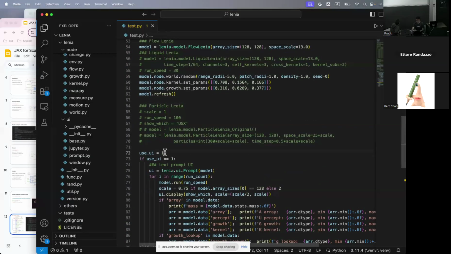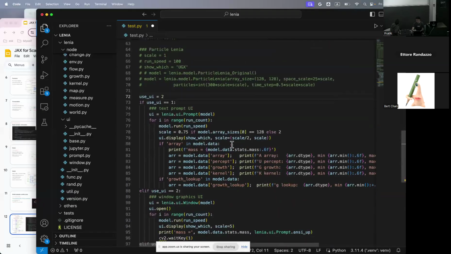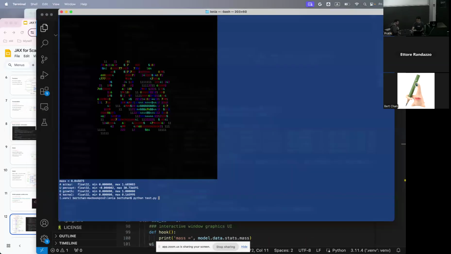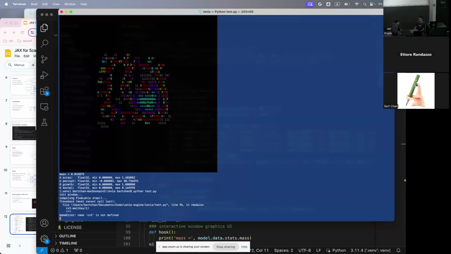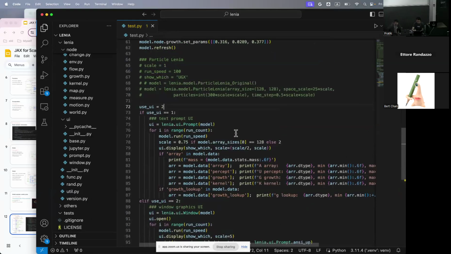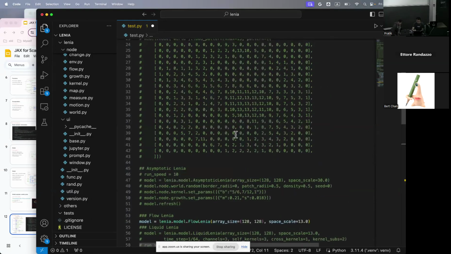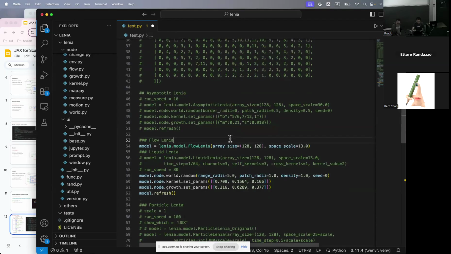I can try to use the window version, window UI. Oops. Oh, I haven't installed OpenCV for this. Yeah, okay. And then I'll try to,